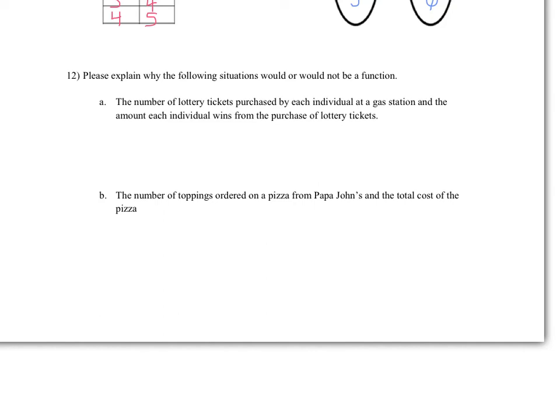Could I win $20? Could I win $1 million? The problem is that if I buy 5 tickets, there's more than one possible output for that. If I buy 1 ticket, I could win nothing. I could win $1 million. There's many possible outputs for one input. So this is not a function